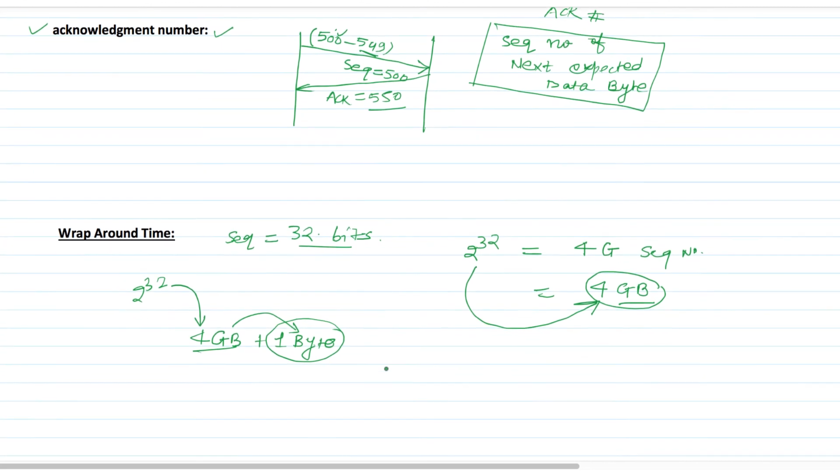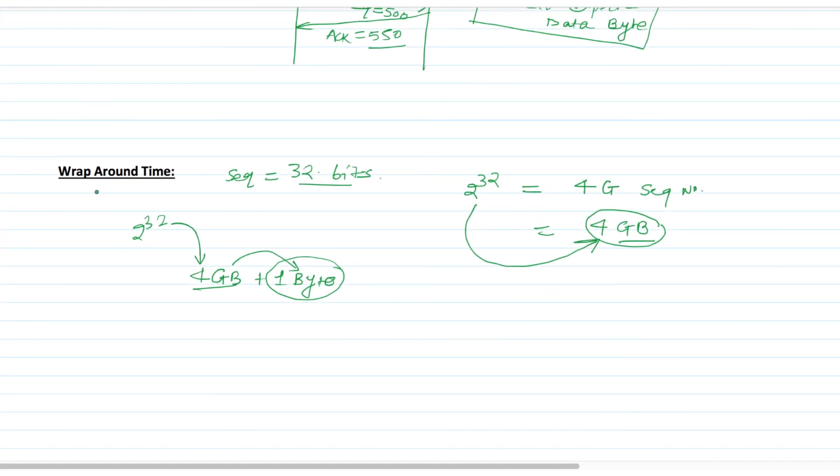Here we use the concept called wraparound time. We have sequence numbers 0 to 2 to the power 32 minus 1. After using all of them, if there are still more bytes available, we again come back to reuse these sequence numbers.